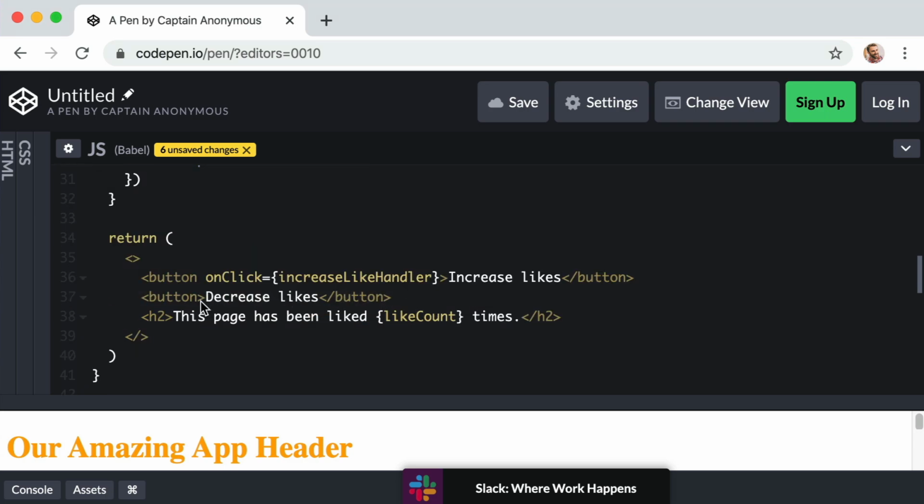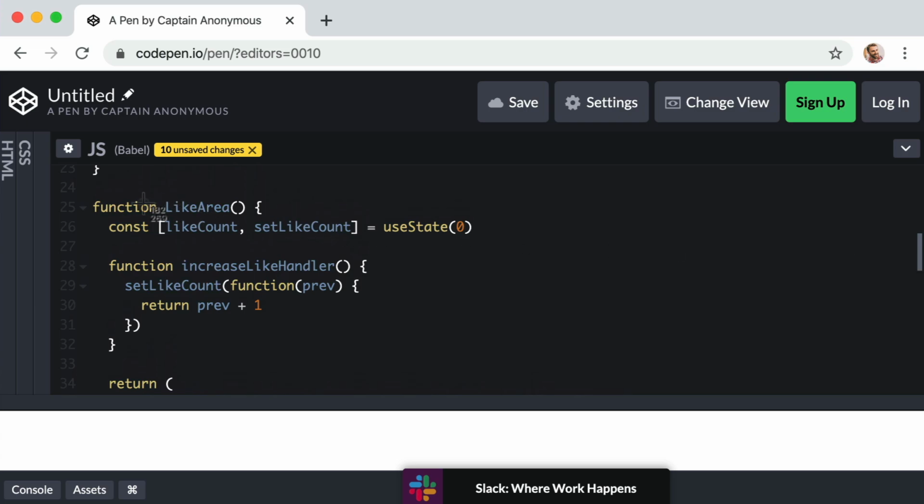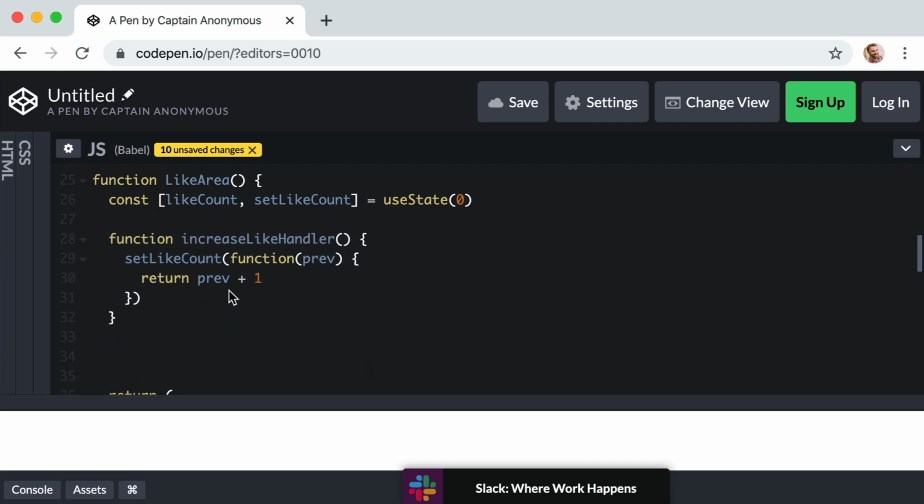Here it is. So on the opening button tag, let's say onClick equals curly brackets, because we want to point towards the name of a JavaScript function instead of just a string of text. So you can imagine that we will have a function named decreaseLikeHandler. Okay, now we just need to go create a function with this matching name. Still within our overall LikeArea function component, maybe right below our increaseLikeHandler function, we can just say function